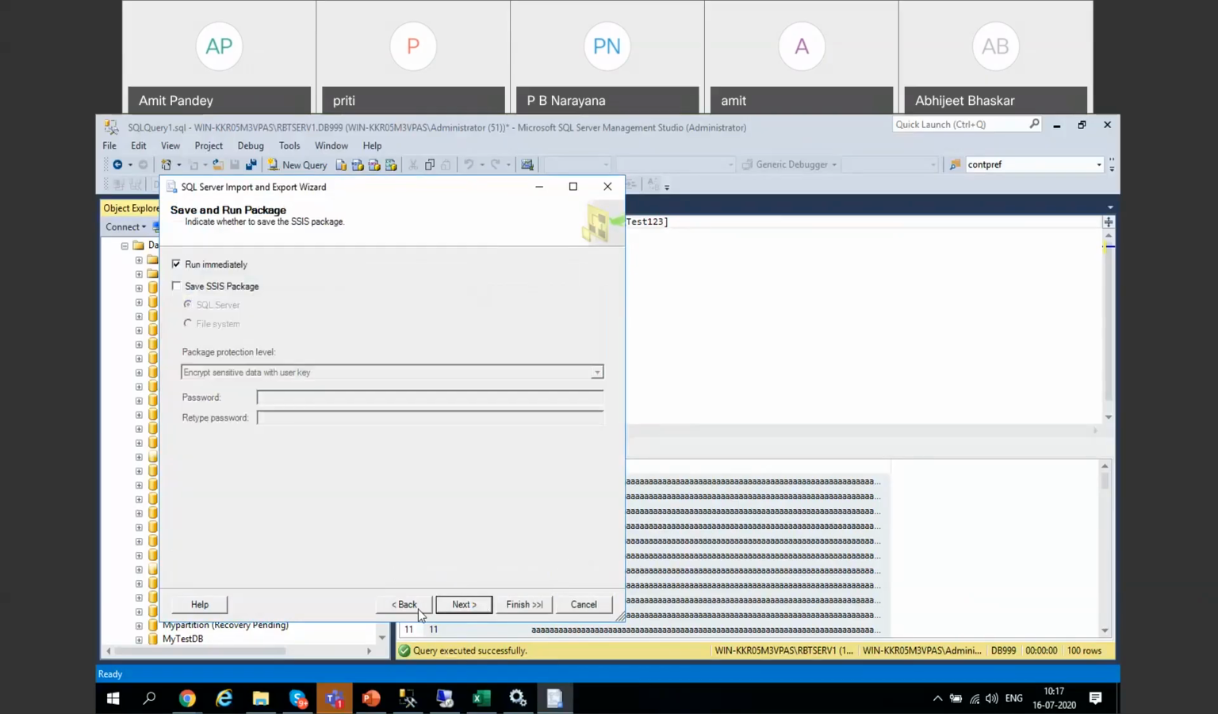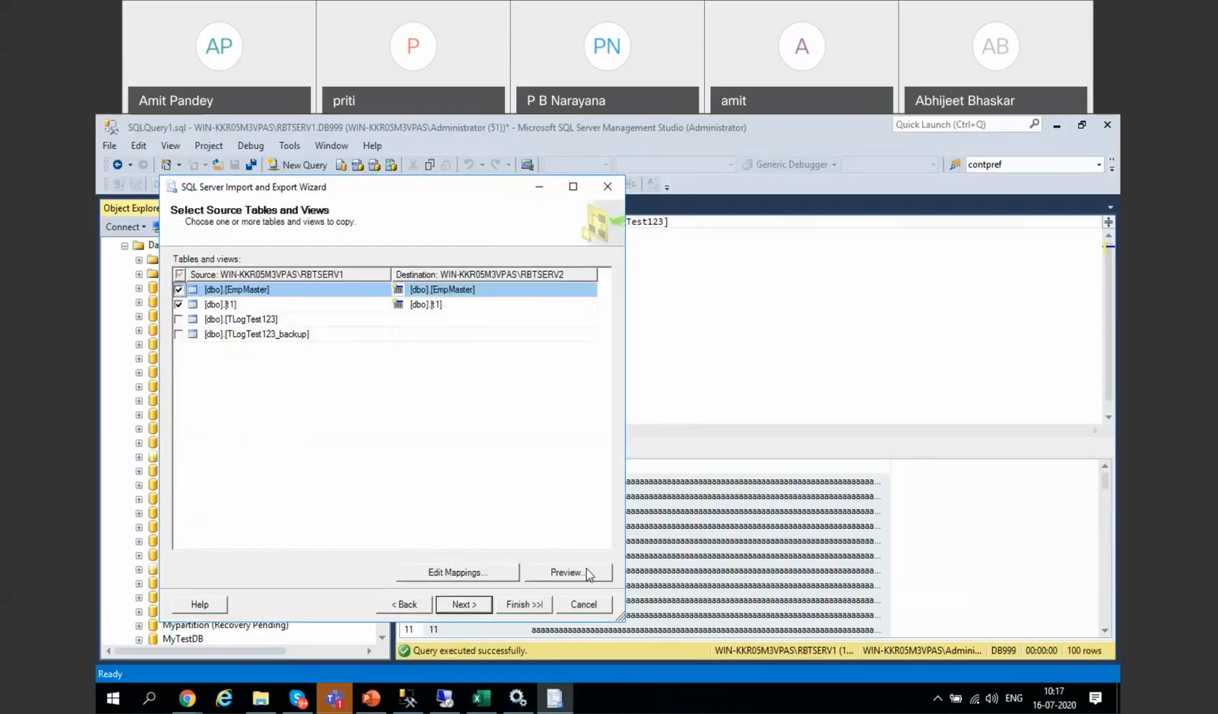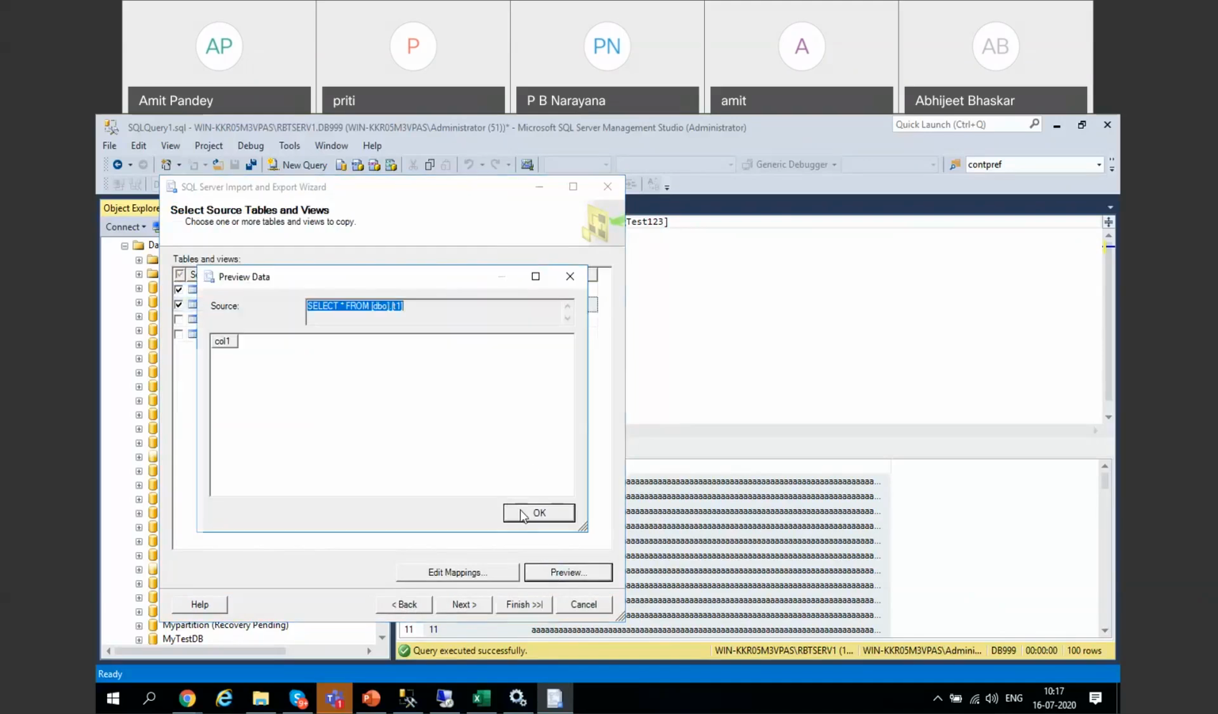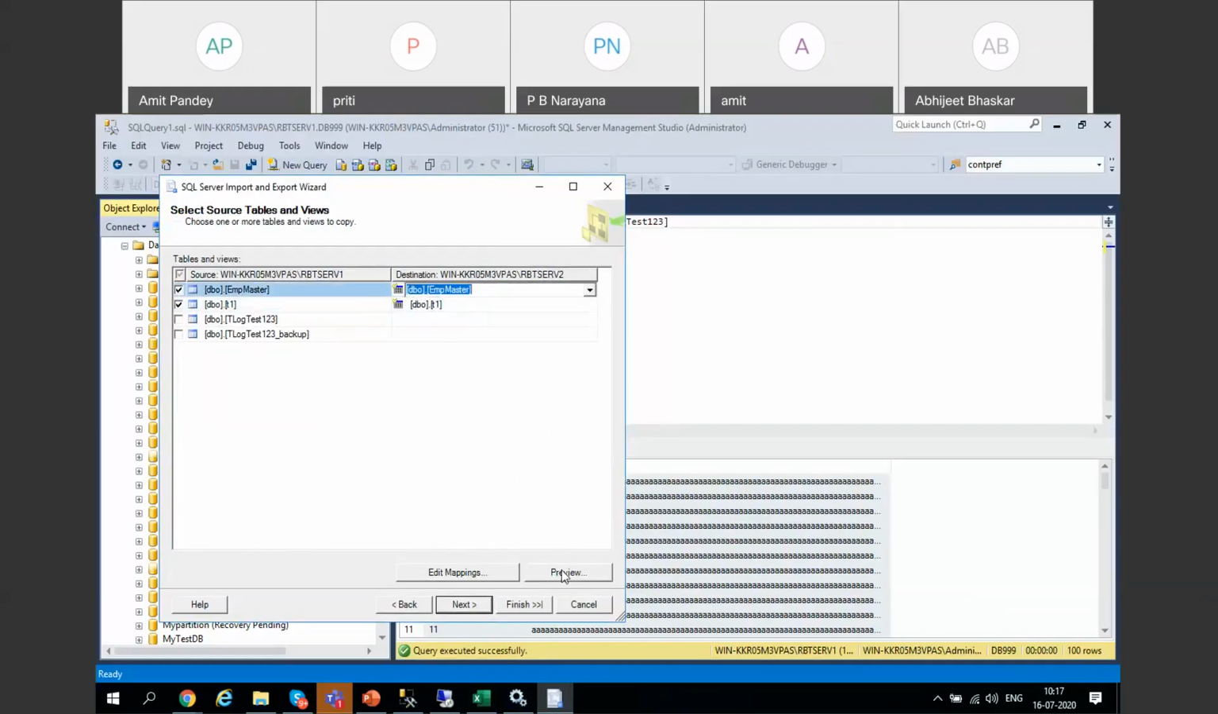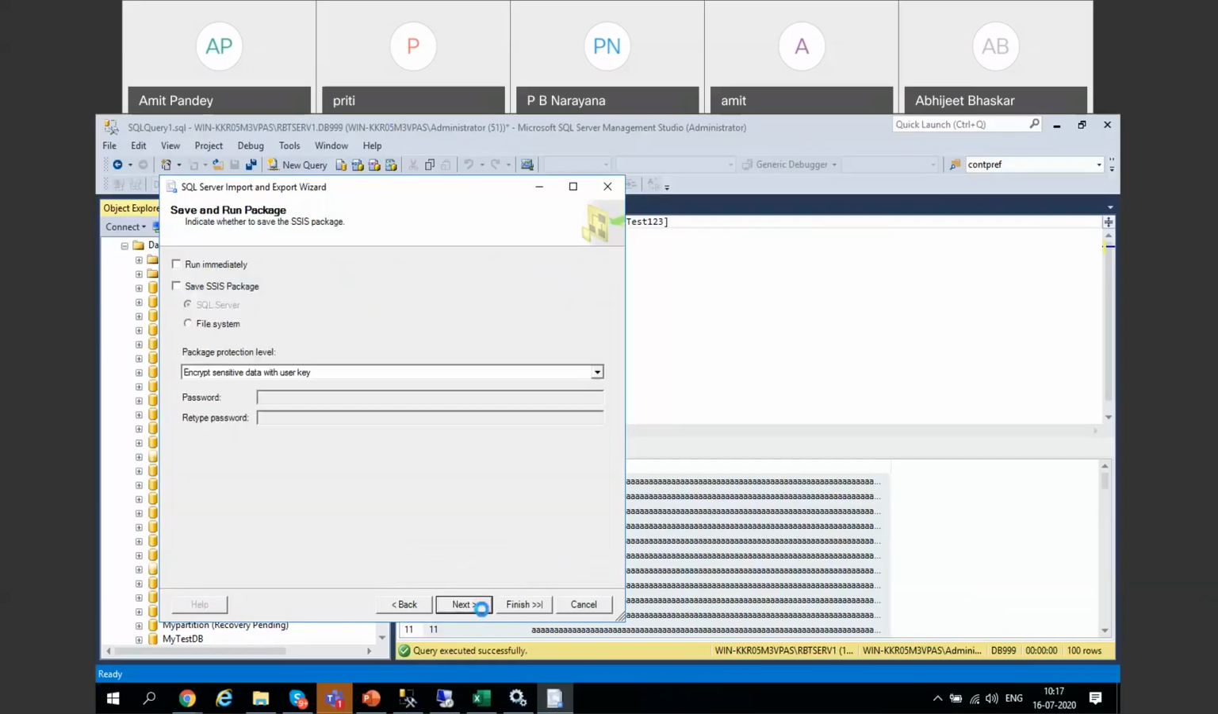There was a button for preview. It's always good to preview just to see what data will go. So these are blank tables actually. There is no data in either of them. So what it will do, it will just create those two blank tables. That's it. Next,